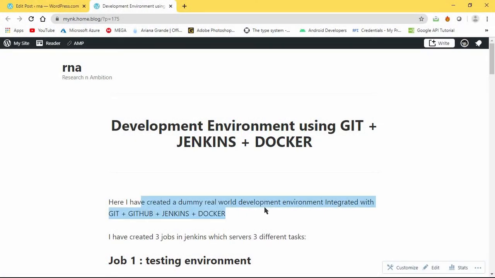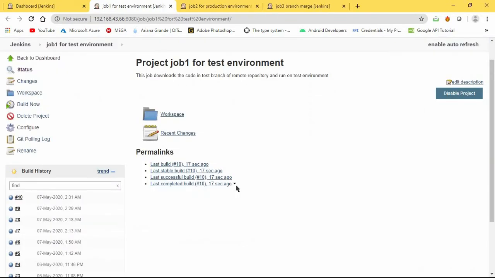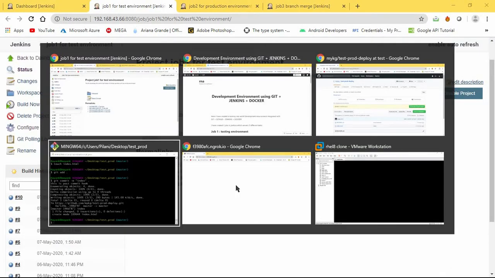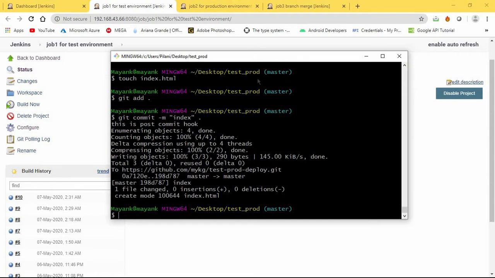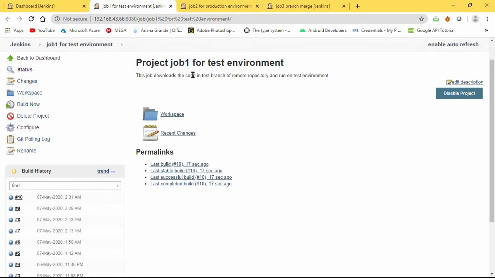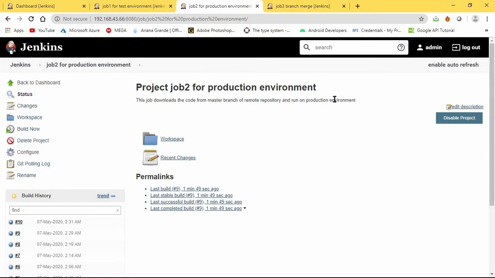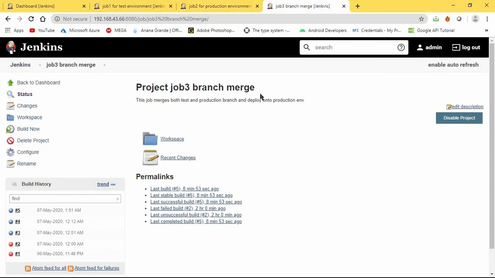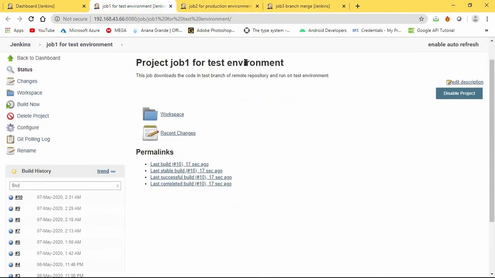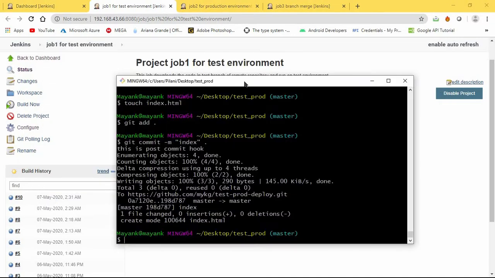Here is my dummy real world environment integrated with GitHub, Jenkins, and Docker, the task given to us. I have 3 jobs here: job 1 for the test environment, job 2 for the production environment, and job 3 which merges and is the final touch. So for job 1 we have a branch here,